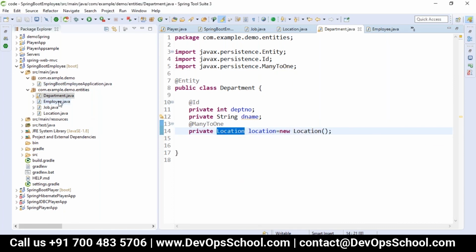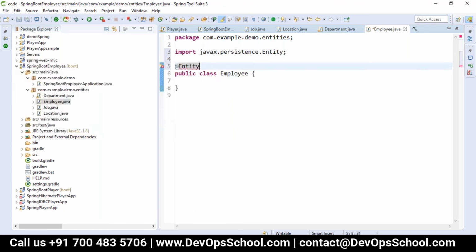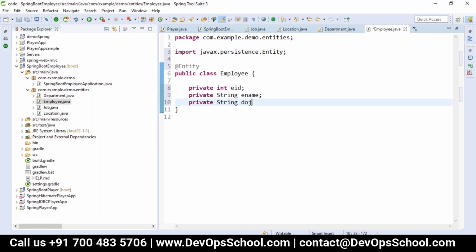Again, when I go to employee, in the employee I will provide other relationships, which is entity, and then here I'll take employee ID, employee name, date of joining.